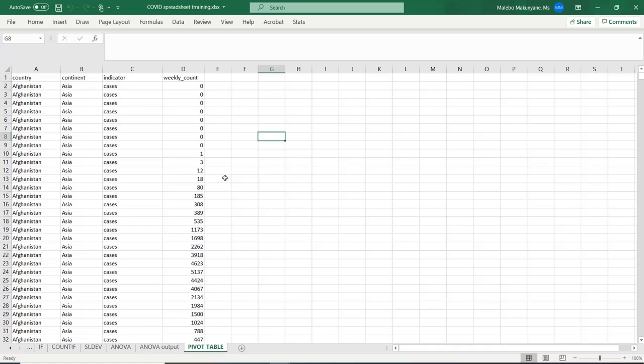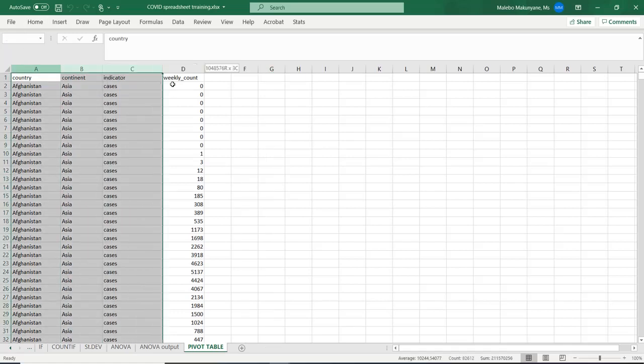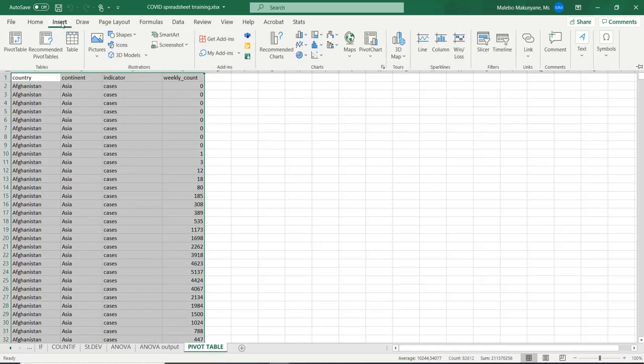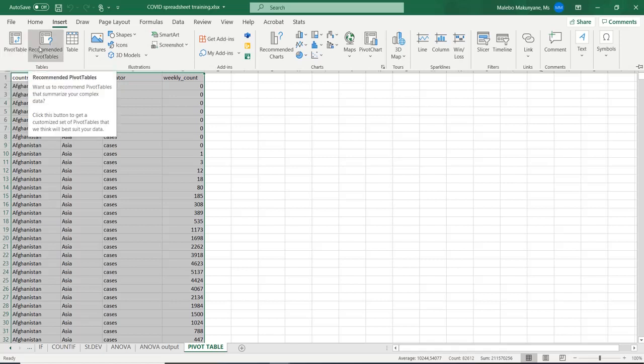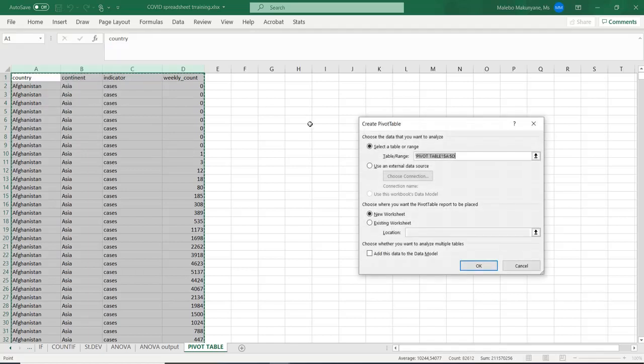To obtain a pivot table, you must firstly highlight your variables or your cell range, then navigate to Insert, then you have Pivot Table, and you also have another option for Recommended Pivot Table. We can start with the pivot table. So you already see that it has already selected the cell range. You can say